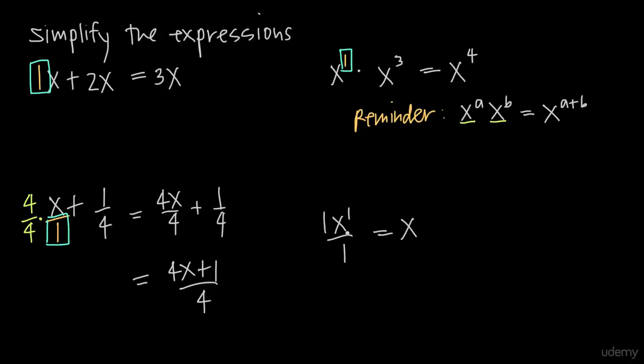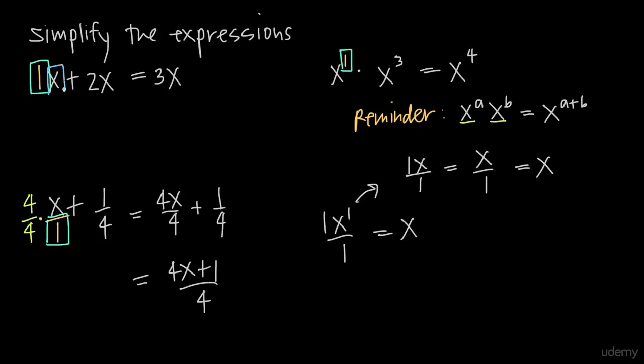and that should make sense to us because if we process this fraction here with order of operations, what we're going to get is x to the first power. We're going to do that exponent first. So x to the first power is just x, so we're going to get 1x over 1. Then we do our multiplication and division. When we do our multiplication in the numerator, we get 1 times x, which is just x, so we have x over 1, and now we do our division and we say x divided by 1 is just x, so we say this is equal to x. So 1x to the first power all divided by 1 is just x,